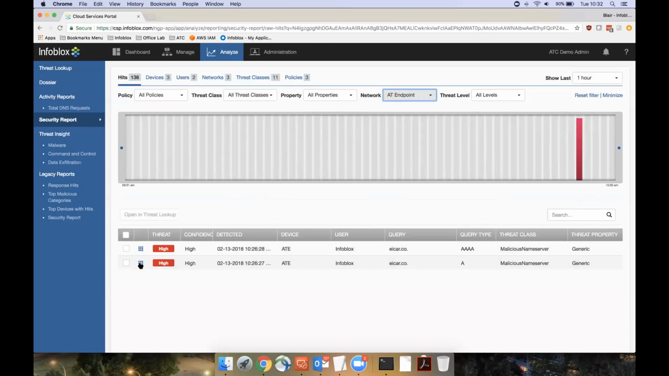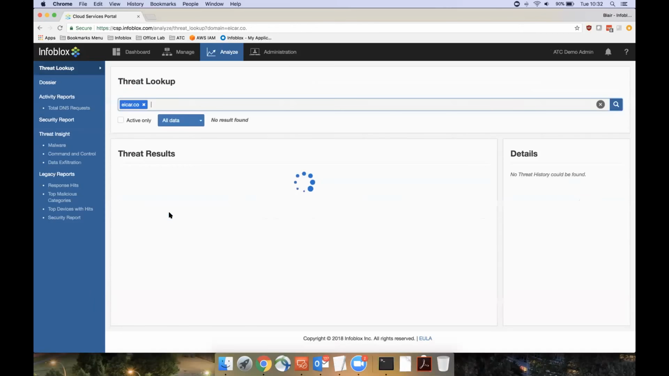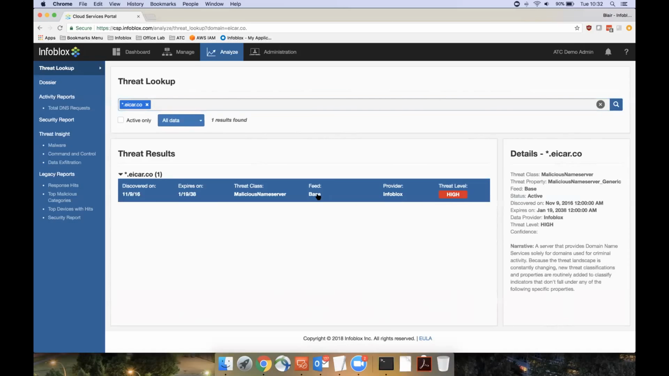I can actually take this threat here and open it in what we call our threat lookup tool. And so if I open this in threat lookup, it pulls this information about why it was blocked. So it's going to go through the information in all of our threat intelligence feeds. It's going to tell me what feed it came from. It's going to tell me who provided that feed, and this is an Infoblox provided feed. We can see when it was first discovered and when it will expire out of that feed, and the type